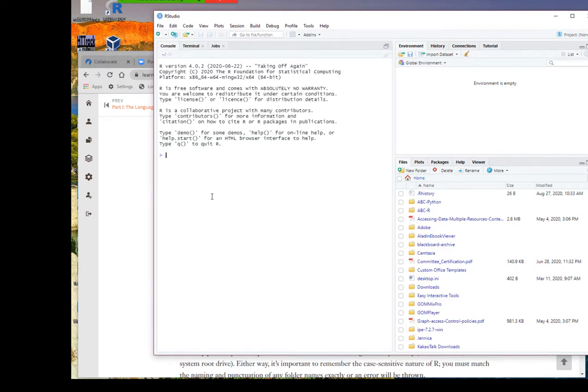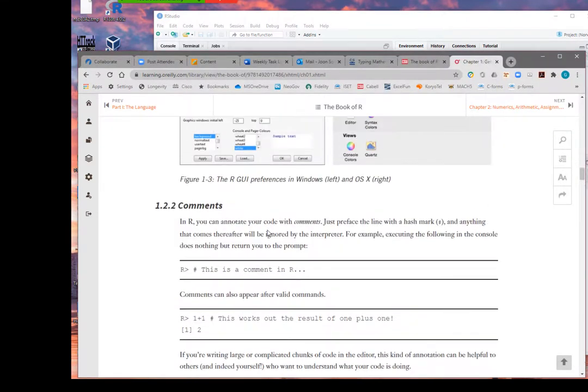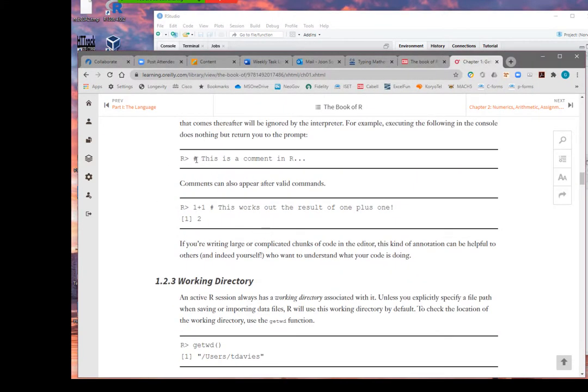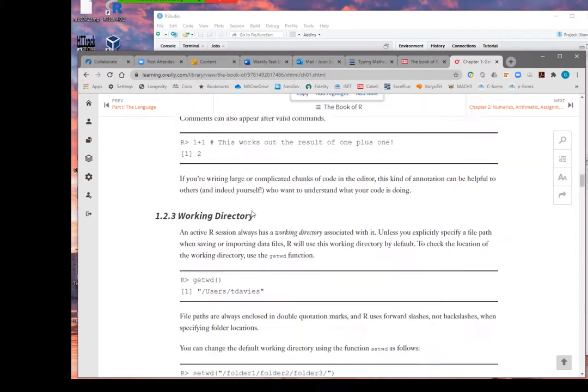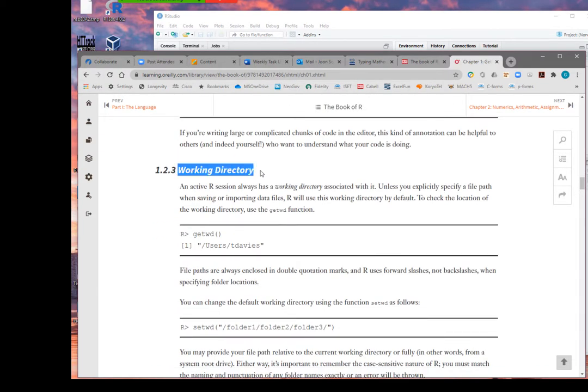Now, at the very beginning, you have a console, an environment, and a directory. The comments use this hash sign.